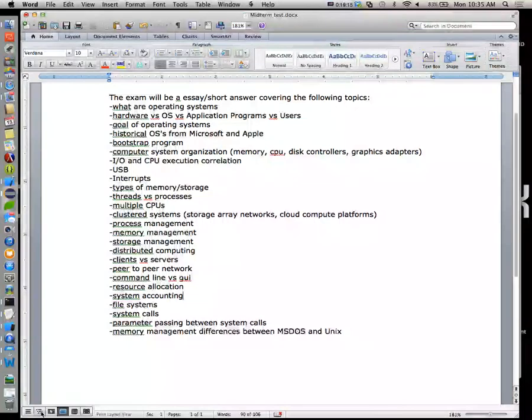Let's see. System calls. We talked a lot about this recently. Almost the life cycle of a system call, those various layers. So we have like 4 or 5 different layers in there, depending on how you want to look at it, where you have the user program, which talks to some system calls, which talk to the actual low-level language, which actually talks to the drivers, which then talk to the actual hardware. So there's several layers in there, and what role do system calls play in operating systems?